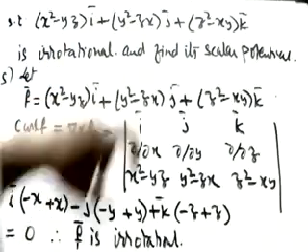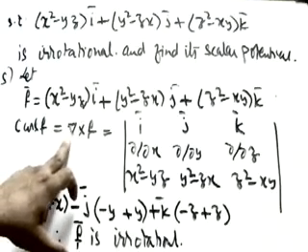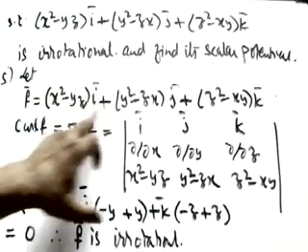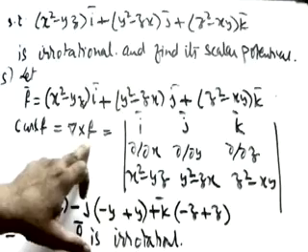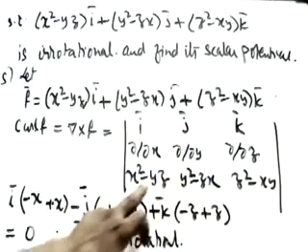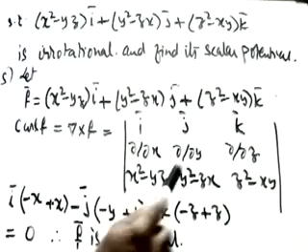Now see the next question. Show that it is irrotational and also find its scalar potential. We already know that for curl we have to find curl F. Let me denote this by F, which is F1, F2, F3. Watch carefully. We have to find curl F, del cross F: i, j, k, dou by dou x, dou by dou y, dou by dou z, F1, F2, F3.